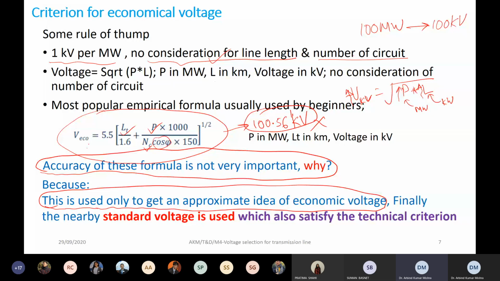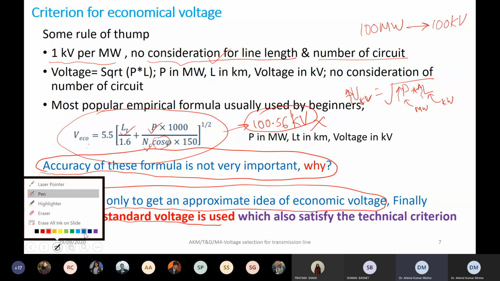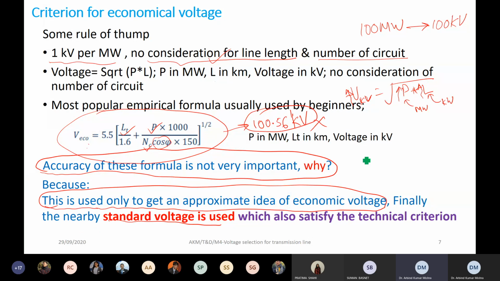Why do we choose only the standard voltage? Why can we not transmit at 100.56? I will answer you in two steps. Just recall your memory of the different voltage levels used for transmission or distribution. I hope you have some idea of the voltage levels we are using. These voltage levels are 11 kV,